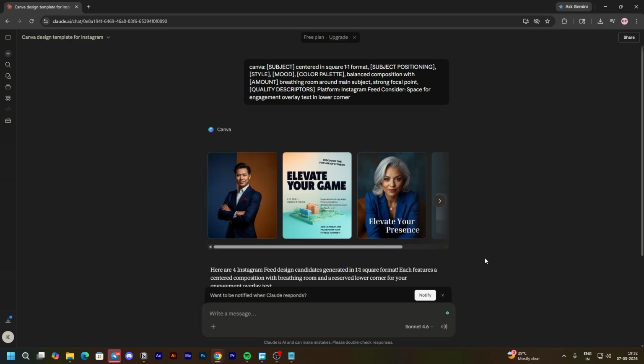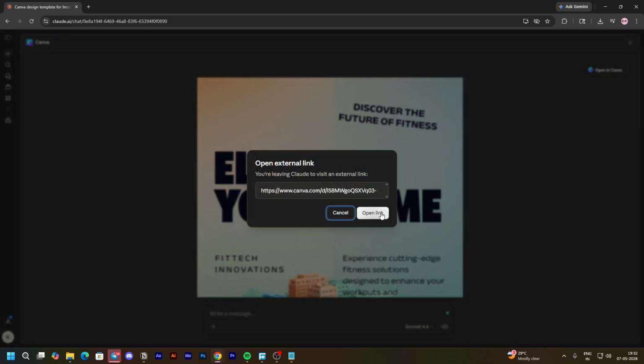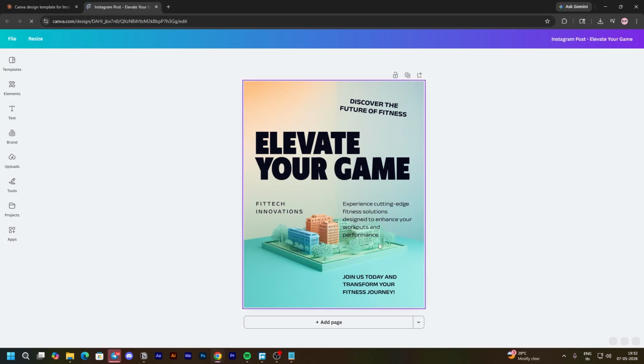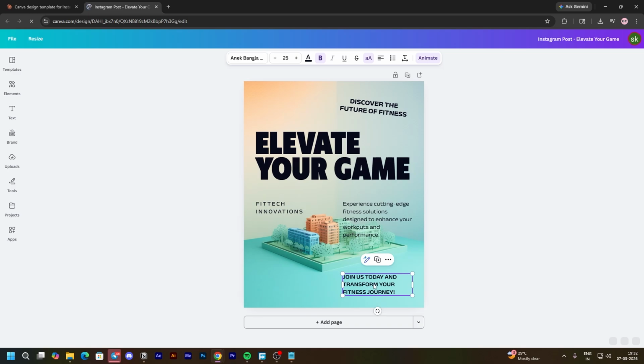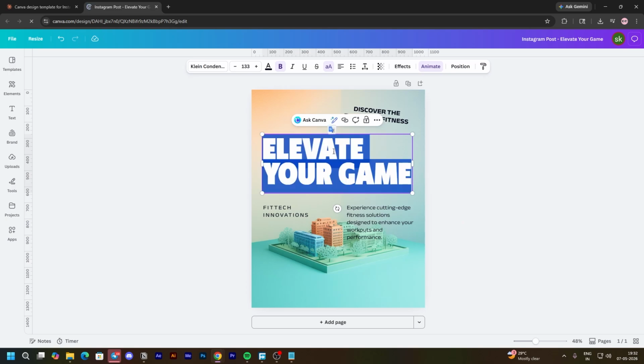So here our result has come, and let's just click this design. And here, on the right top side, you can see Open in Canva, and it opens a link. After clicking, it will transfer you to the Canva design. And here you can edit the text by clicking and changing the text. Here you can select